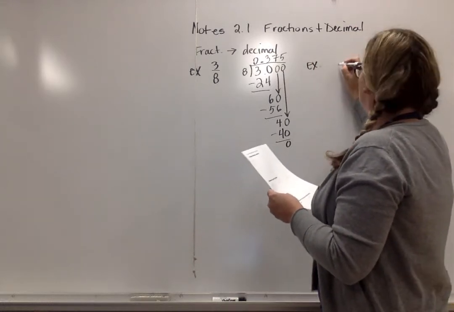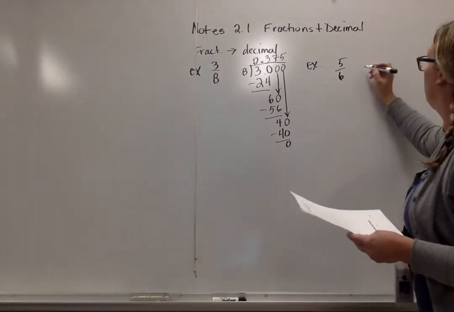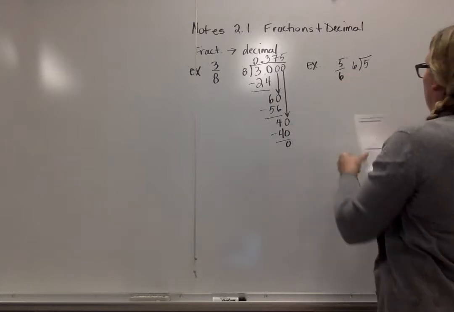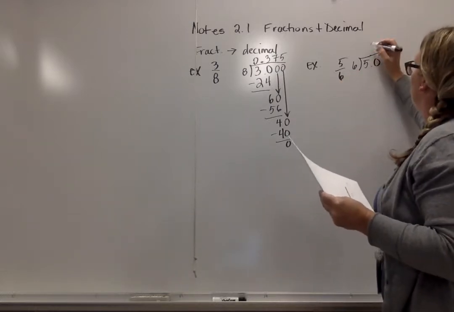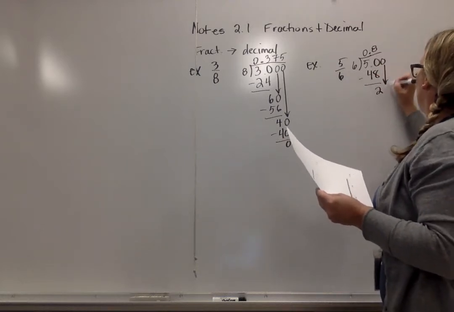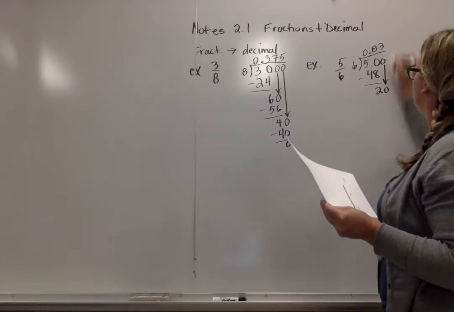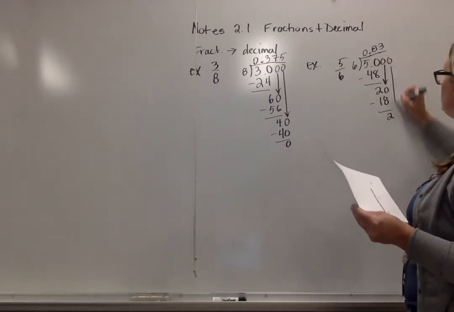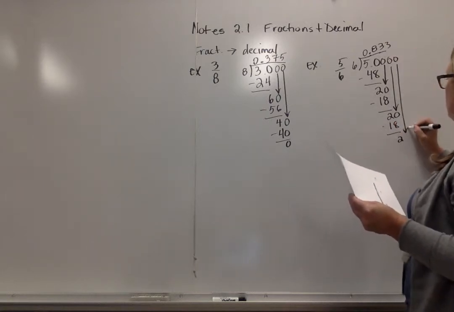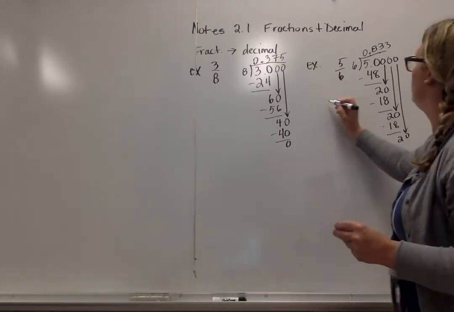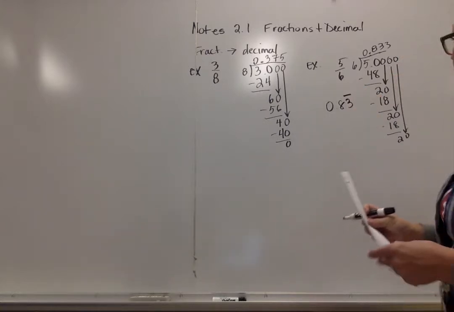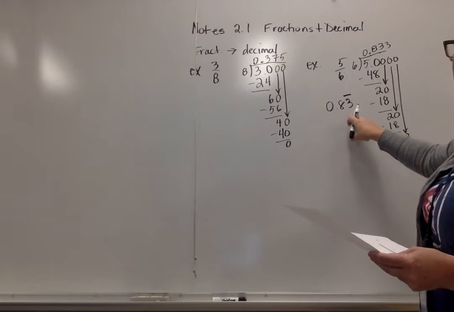Our next example is 5/6. I'm going to do my long division. 5 is being divided by 6. Be careful what you're putting on the inside and what you're putting on the outside. 6 doesn't go into 5, but it goes into 50. 8 times is 48. 6 goes into 20 3 times for 18. And as you move, you'll start to notice that this continues to be 3. The proper way to write this is with the notation 0.83 with the bar over the 3. There's nothing wrong with having multiple 3's, but you're going to want to just list it the